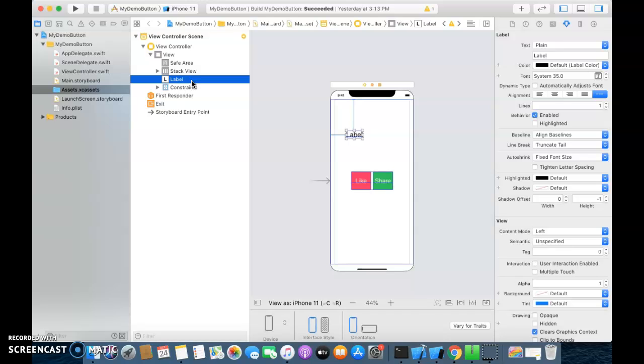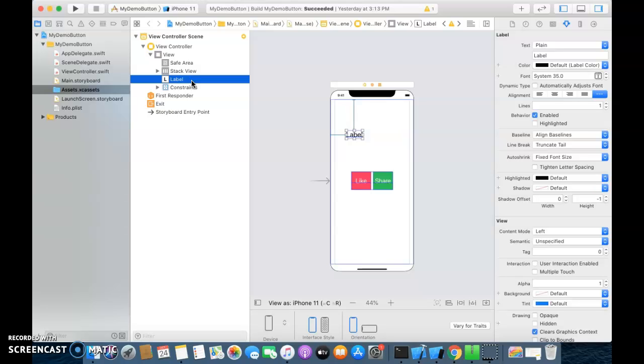The breadth and height of a UI label acquire as much breadth as the text written inside the UI label, and this is called the intrinsic content size of a UI label.